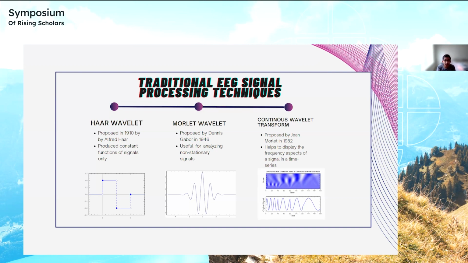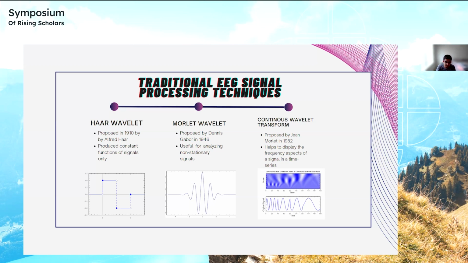In order to tackle this issue, the Morlet wavelet was proposed by Dennis Gabor in 1946, and this played a better role than the Haar wavelet in analyzing EEG signals. The Morlet wavelet helped to analyze non-stationary signals. By non-stationary signals, I mean signals that usually have large spikes, and these signals also help to interpret the amplitude of various signals. As I mentioned before, scientists were able to analyze non-stationary signals,